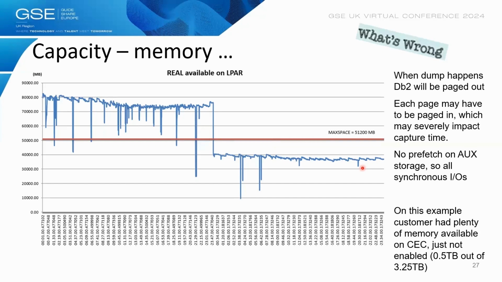And again, as I already mentioned, this customer had enough memory to cover real, to be really on the safe side of this picture, but it was basically not assigned. How does it happen? This is a trivial thing because it happened during the hardware upgrade. They upgraded the hardware, they bought a new z16 machine, but no one took care of the memory. No one assigned the additional memory that was available. So, a trivial thing that can be easily repaired.